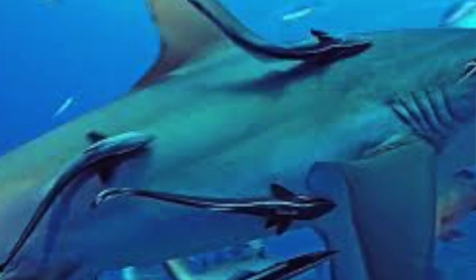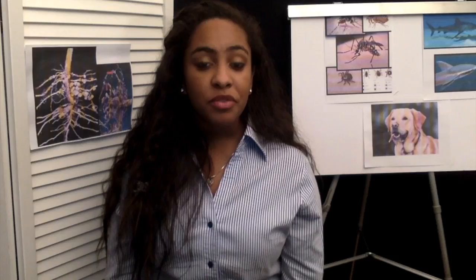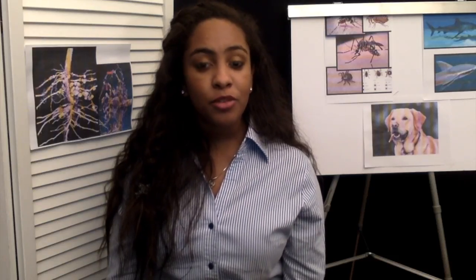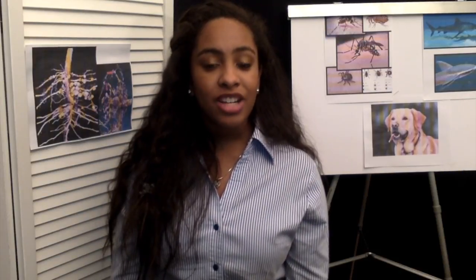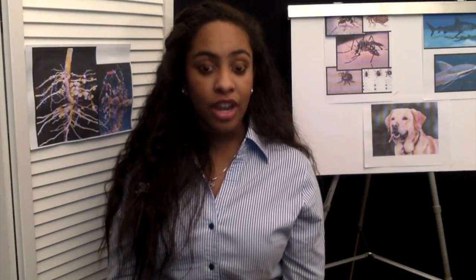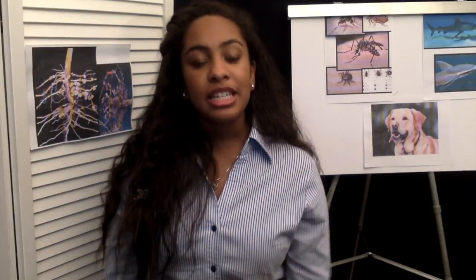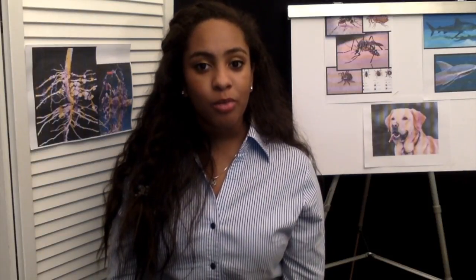Remora fish contain a suction on their dorsal fin, which helps them attach to the shark and feed off of the scraps of the leftover meal of the shark. In addition to this, remoras gain protection from other predators and conserve energy. What is interesting is that the shark never feeds on the remora fish.